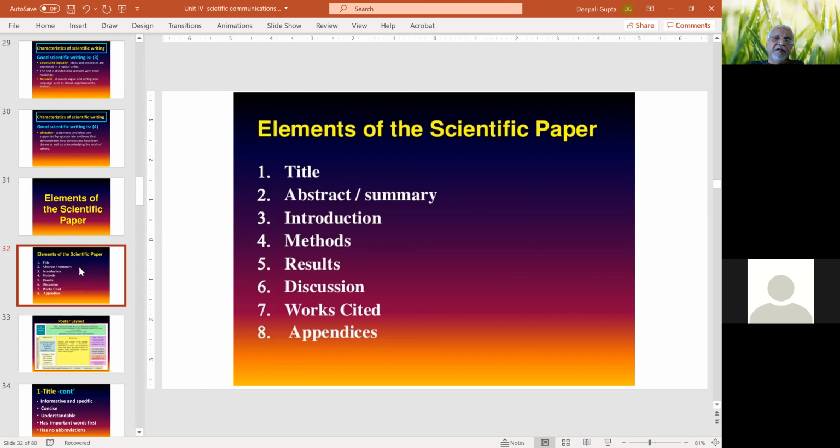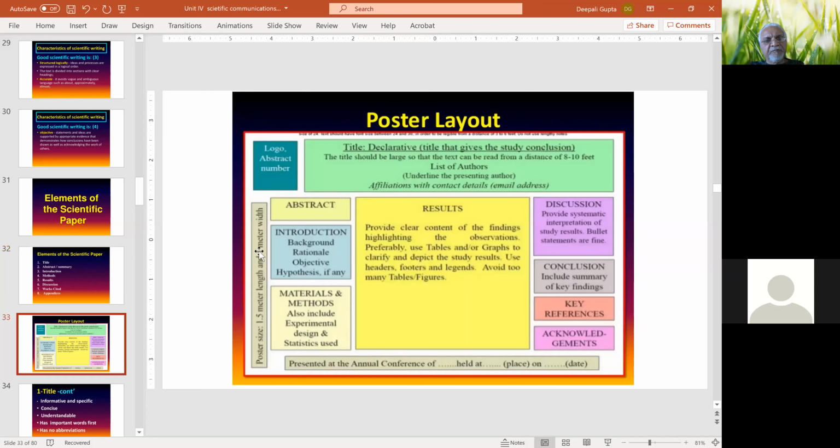I think I discussed a little bit about poster presentation in some other context, but here we will take it in slightly more detail, that a typical layout of a poster is,